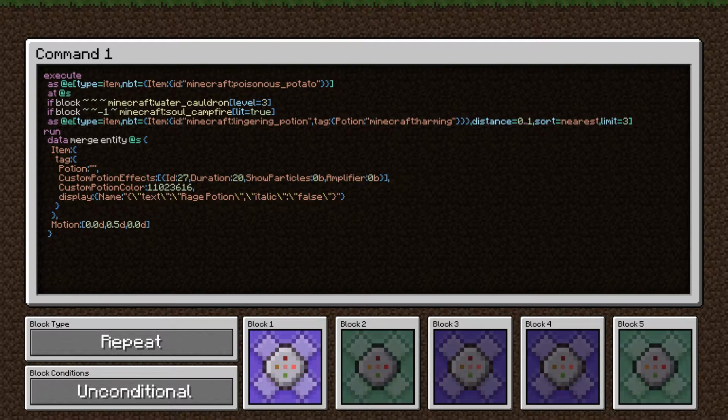This first command takes care of creating the custom rage potion. So in our execute statement, we're executing as item entities, so items on the ground. We're looking for poisonous potatoes. We go to the entity's position, and we check if the block that the entity is in is a water cauldron with level of 3, so a full water cauldron. We check if the block beneath us is a soul campfire that is lit,